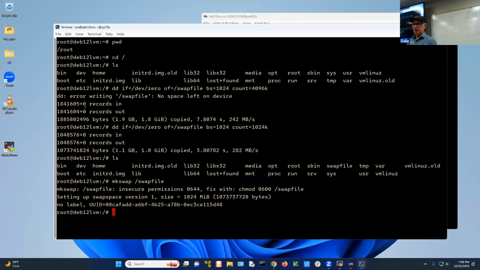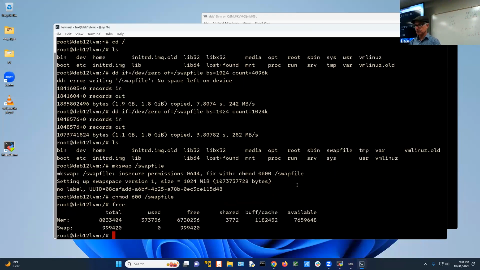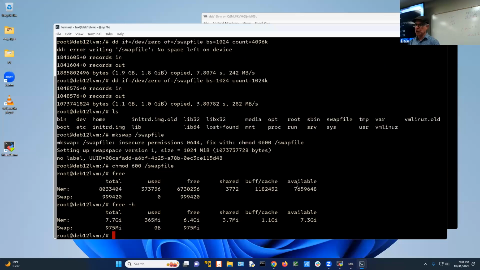Okay. So what we want to do is change the permissions to 600. And what does that do? That means only root. And look at it. Okay. There we go. Now, before I do this, if I type in free, that tells me how much memory is here. free -h puts it in a human readable format. Notice how much swap I have right now. About 975